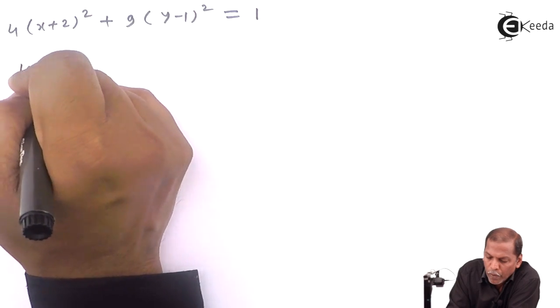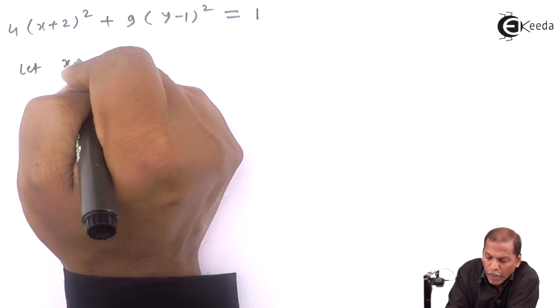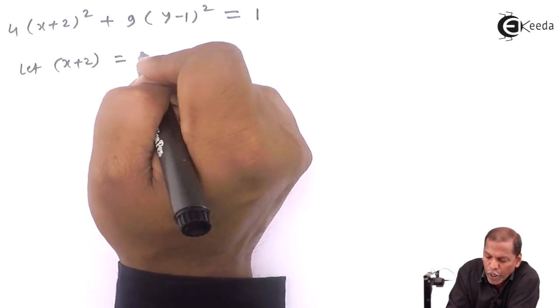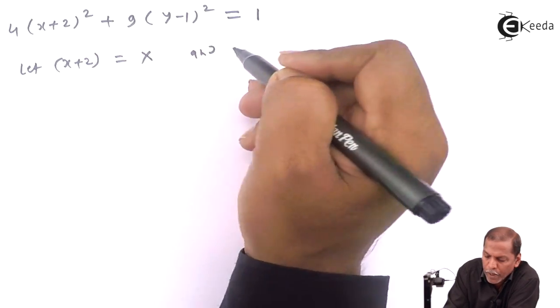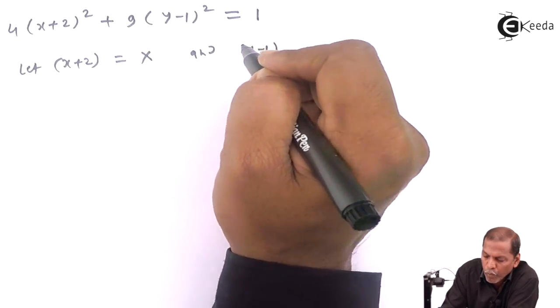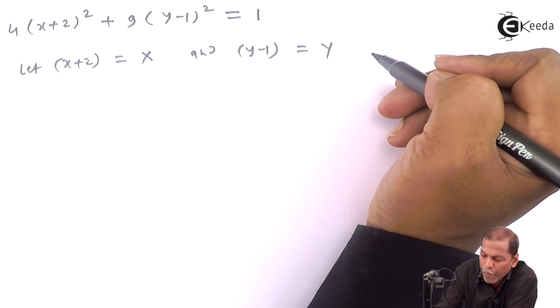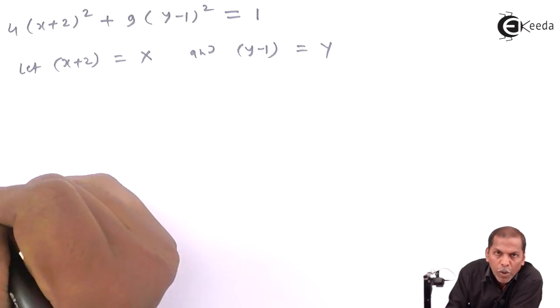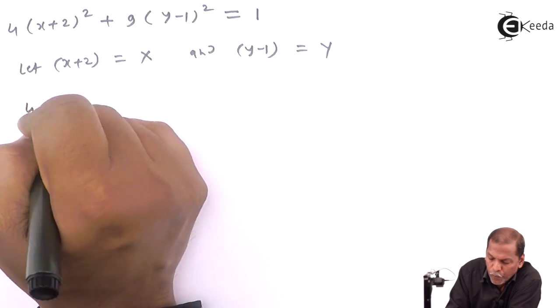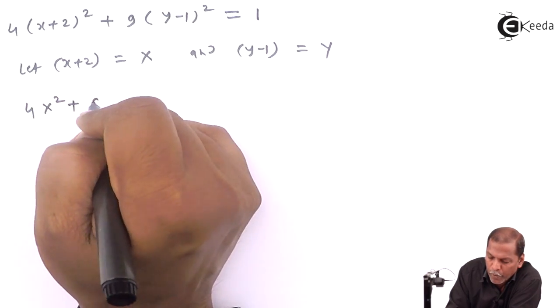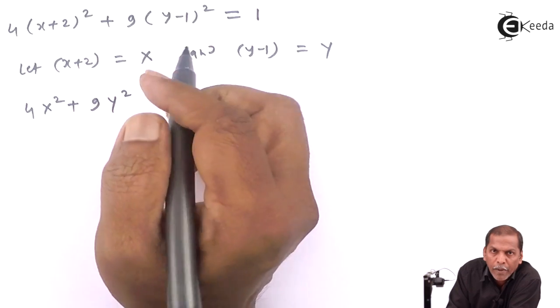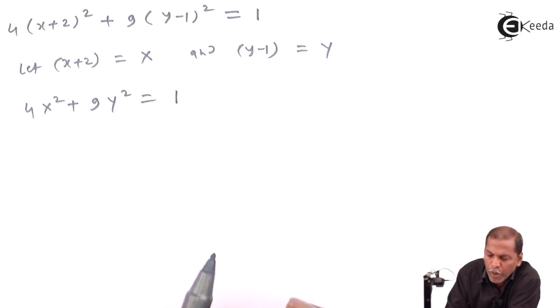Now here we let x plus 2 is equal to capital X and y minus 1 is equal to capital Y. So the next step will be 4 into X square plus 9 into Y square is equal to 1,